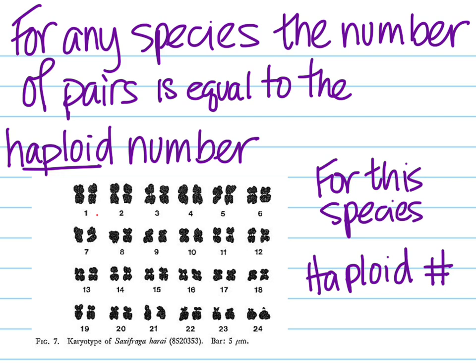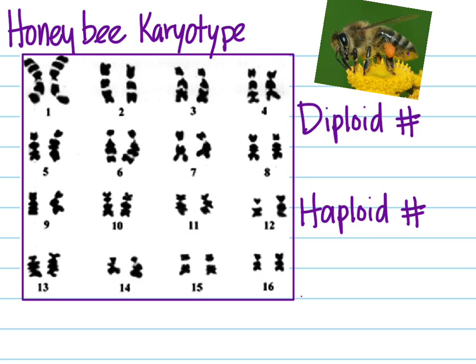For any species, the number of pairs themselves is equal to the haploid number. So for this species, the haploid number for Saxifraga harai is, that's right, 24, because there are 24 pairs. Cool. This is a karyotype from a honey bee. Pretty cool. And along with doing all of their amazing work gathering pollen, pollinating plants, and making delicious honey,